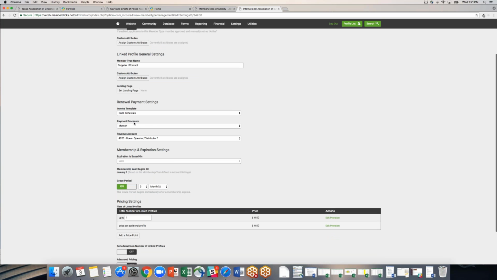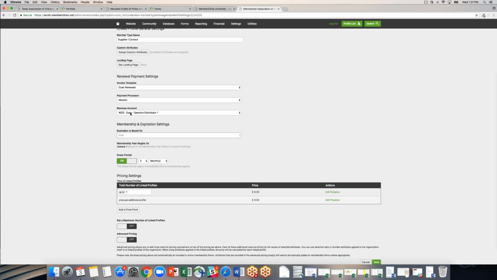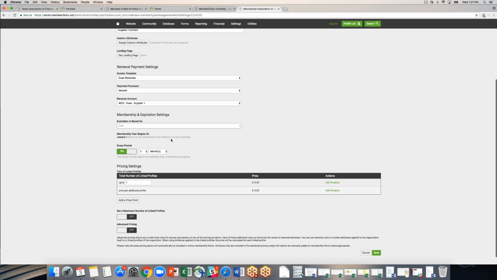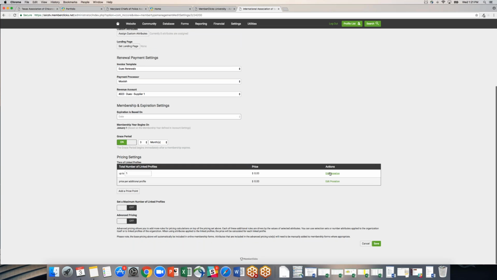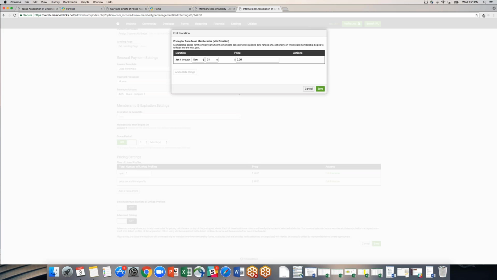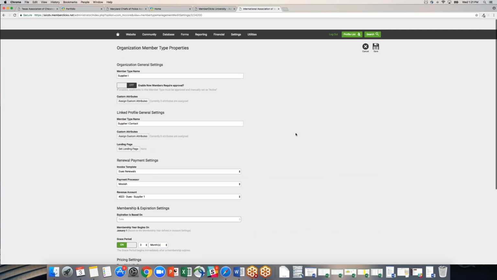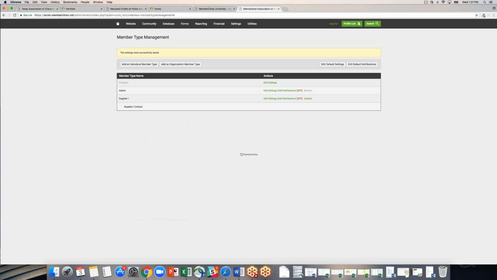Then I'm going to choose my invoice template, my payment processor. I'm going to select my revenue account for this, which would be due supplier one. And then I'm just going to put in my amount that they're paying, $1,500. So this is where you guys could come back in here and update this pricing if you ever needed to. And at that point, I'm done. So I'm going to do this for all of your member types. And then I'm going to do it a second time to incorporate,